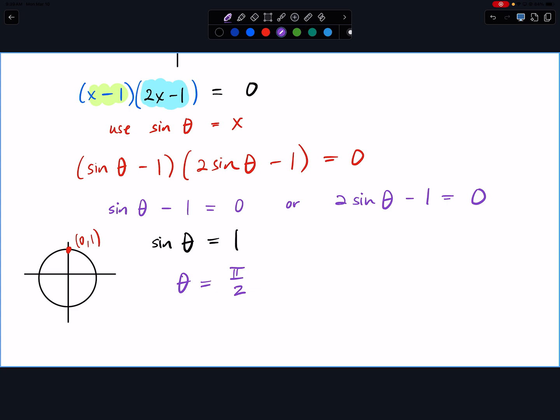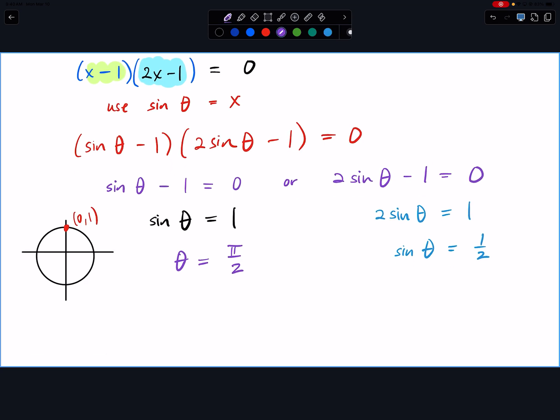But for this equation, let's solve it. So if I add 1, divide by 2, I get this. Now, if I'm thinking of my unit circle,